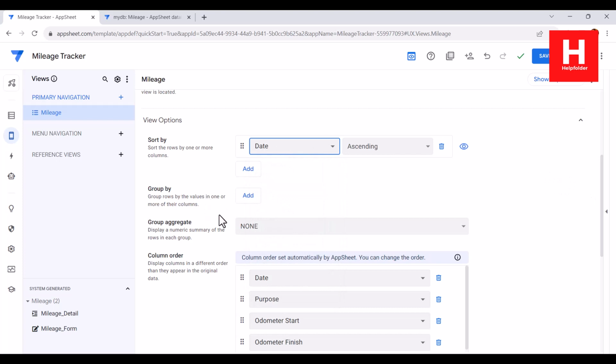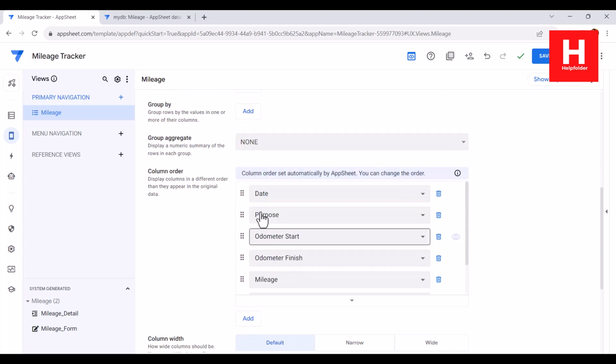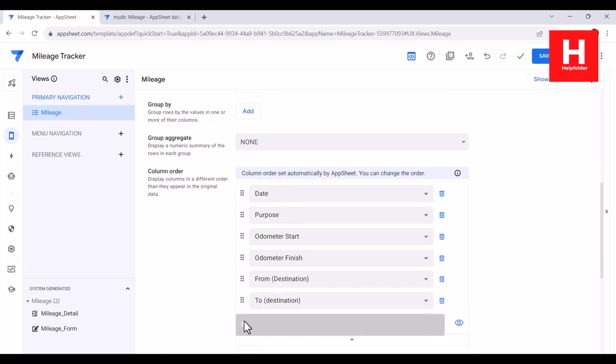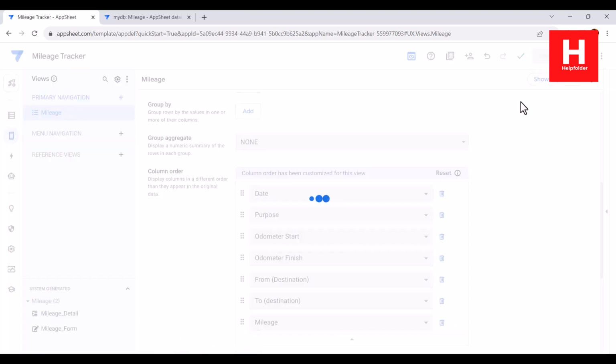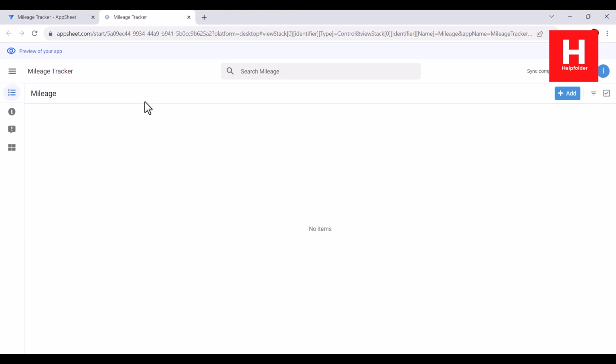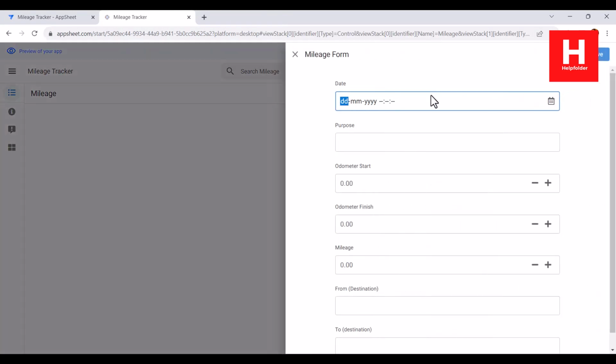Then there is group by, you can ignore. Column order is exactly as we want it, right? If you want to put mileage at the end, you can do so. Save this and you can take a look at the preview, add desktop view. Here we will be adding the overall rows and columns. So click add. Here I will choose the day,